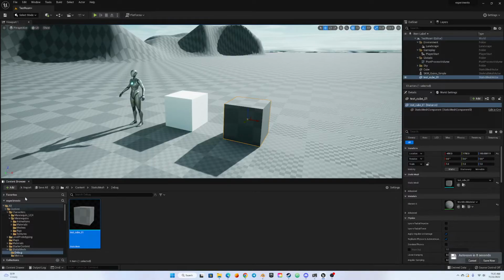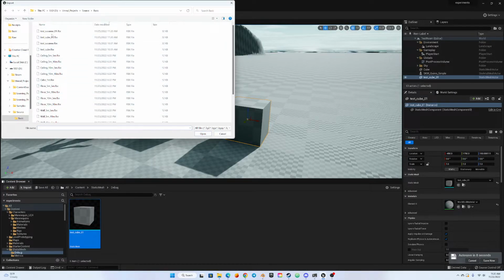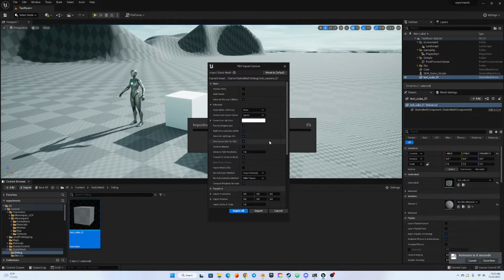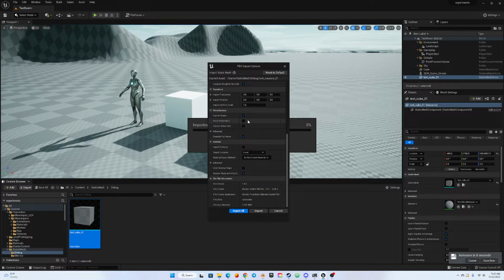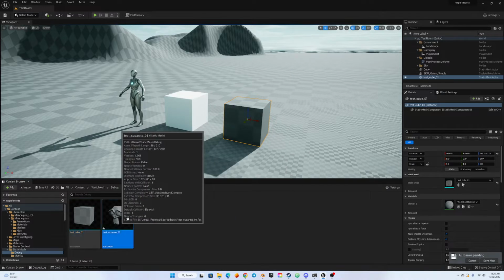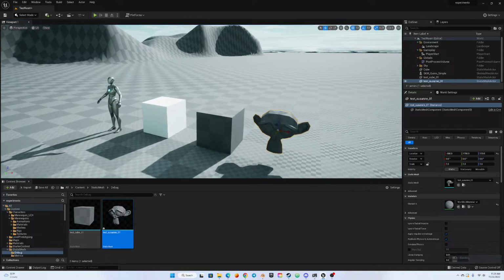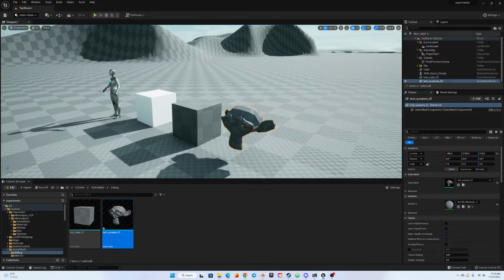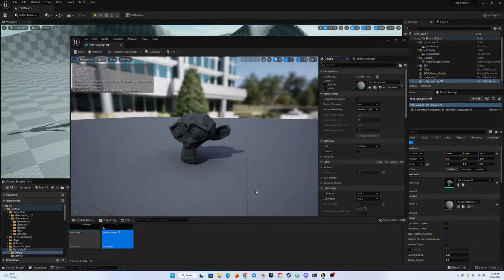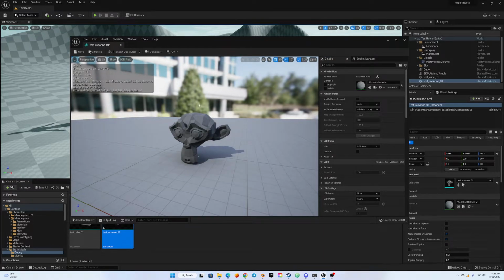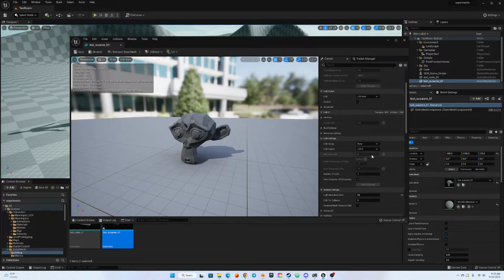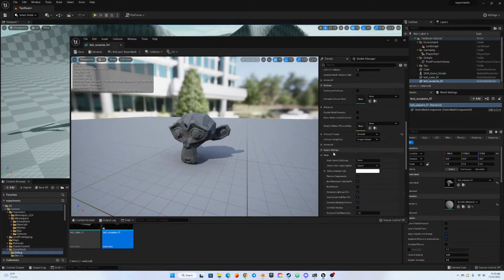Go over to here, import, test Suzanne. I'm going to keep these all the same real quick. Hit import and bring her in. Okay, cool. So it looks like we are getting the right orientation and the right scale. So that's great. Now, one thing that I want to mention here, if we go to the static mesh viewer by double clicking and we go down to the import settings,